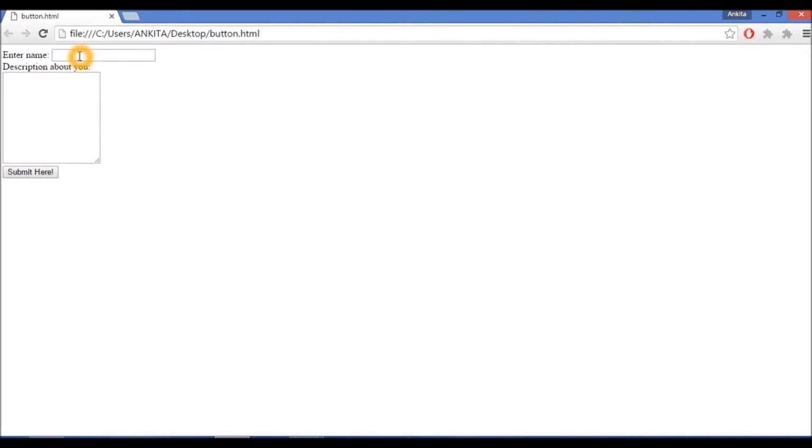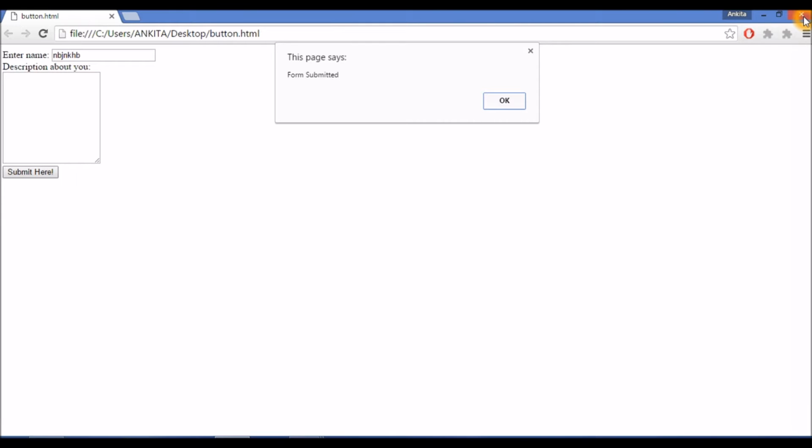You'll enter your name, then the description. When you click on the button, you'll see this page says form submitted. This is your onclick event handler.